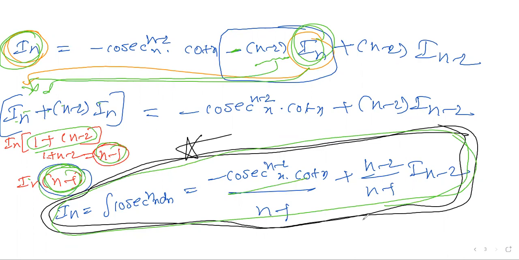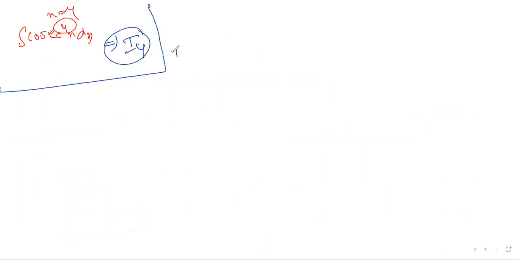After this, an extension question is also available. The question asks to find the integration of cosecant power 4 x dx. So n is 4 here; no problem at all. We have an answer, we have a formula, we should apply that. Cosecant power means I_4 you need to calculate. That is the question. For this, first you should know the value of I_n, the formula. I_n, what is the formula?